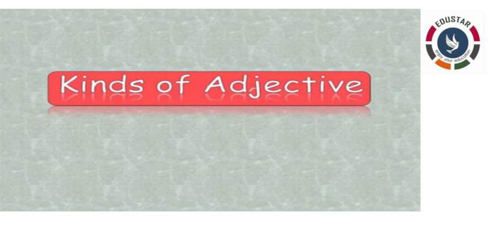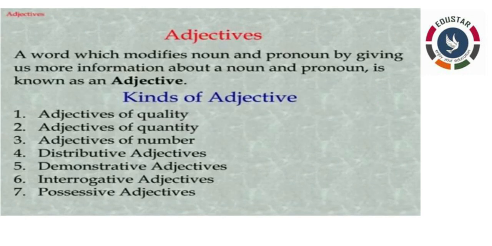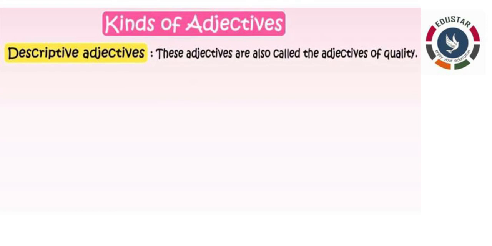We are going to see adjectives of quality, adjectives of quantity, adjectives of number or numeral adjectives, distributive adjectives, demonstrative adjectives, interrogative adjectives and possessive adjectives. We are going to see all these types of adjectives. Your first one is adjectives of